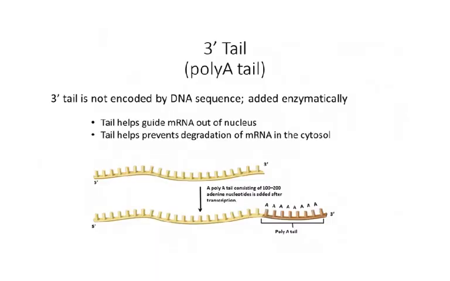The third thing that has to happen is it has to be tailed. So at the 3' end of the RNA, a poly A tail is added enzymatically. This is just a long sequence of A nucleotides to create this poly A tail. The poly A tail is important for getting it out of the nucleus and preventing